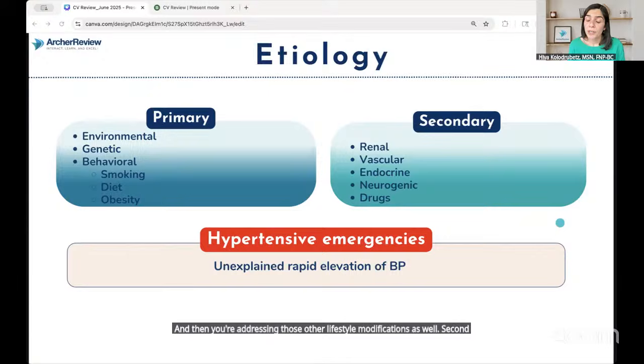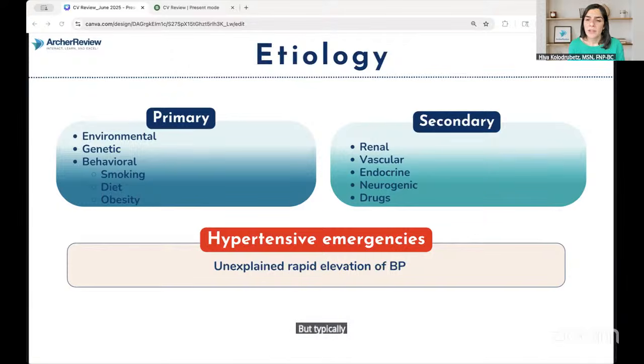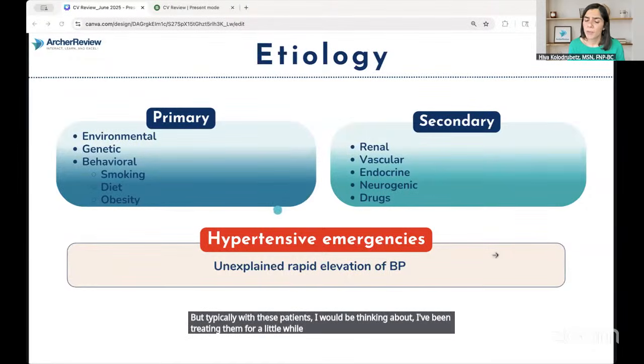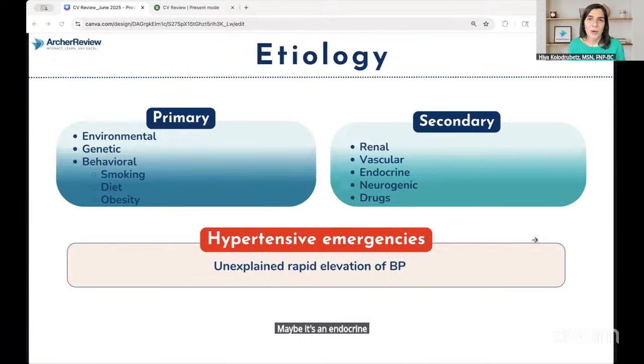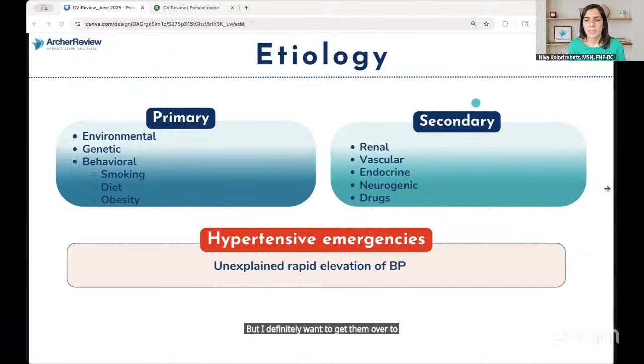Secondary, if you're considering a secondary cause of hypertension, you really want to get them over to the specialist to do a full evaluation. But typically with these patients, I would be thinking, I've been treating them for a little while, we can't get their hypertension under control, and I'm thinking maybe this could be secondary, maybe it could be due to underlying kidney issues, maybe it's an endocrine issue, although we're going to screen for that when we're first diagnosing hypertension. But I definitely want to get them over to the specialist if you're suspecting a secondary cause